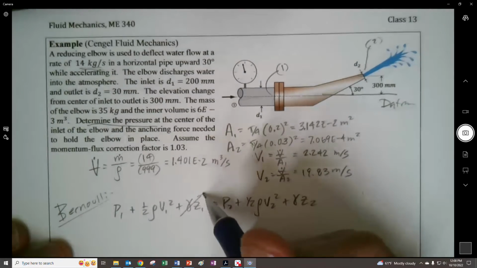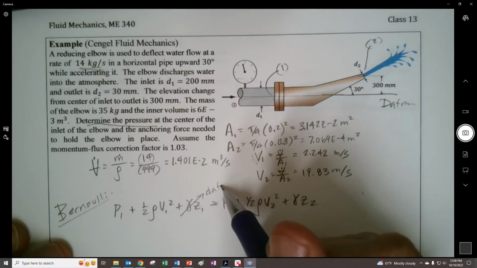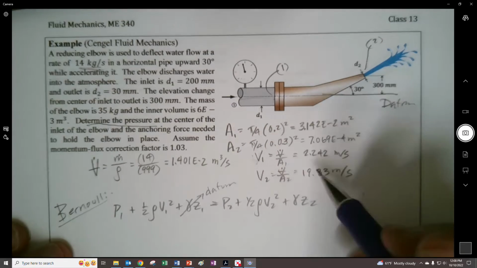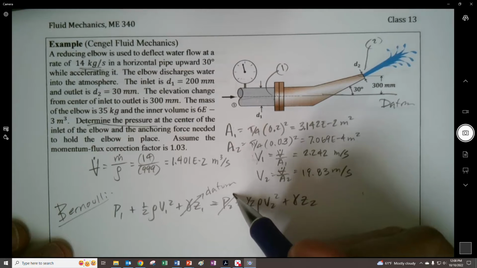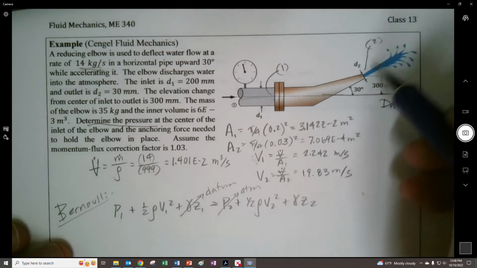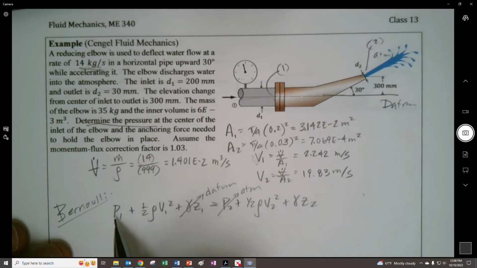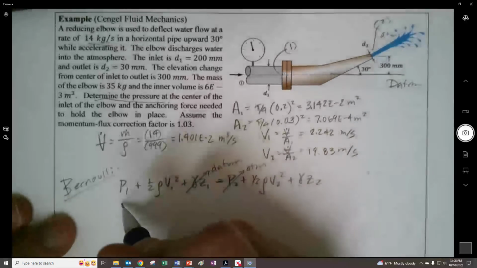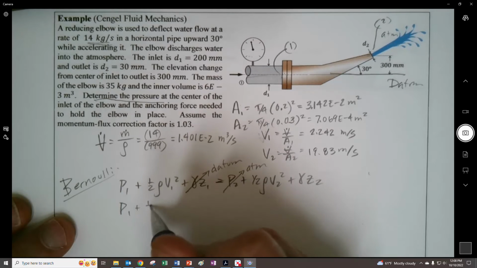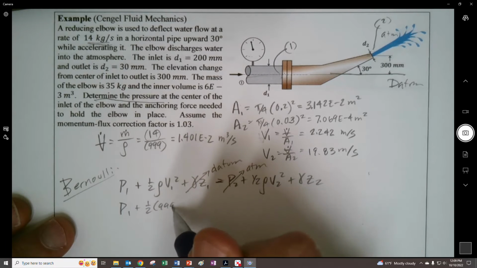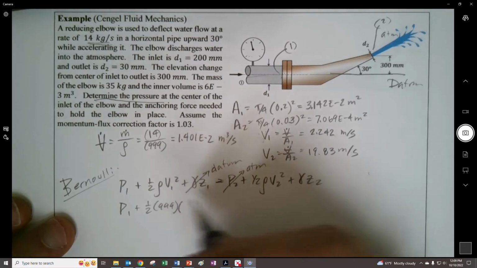So this is the datum, so that's where it goes to 0. And let's call this one atmospheric, right here, because that's atmospheric right there. So we're going to find this is going to end up being a gauge pressure because of that. And so we put the numbers in: 999, and our inlet is